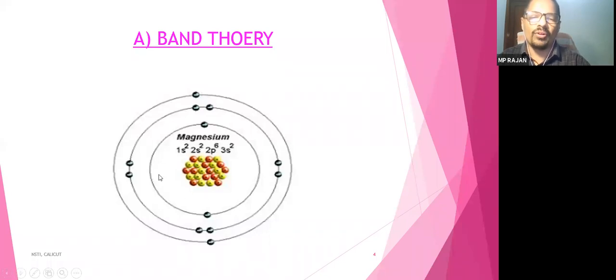Okay, so these orbits have names. This is the K shell, this is the L shell and the M shell. K, L, M. So the capacity of electrons that can be accommodated in each is already predefined. Like 2 electrons can be in the K shell, 8 electrons can be in the L shell, then 18 electrons can be in the M shell: 2, 8, 18. Okay, so